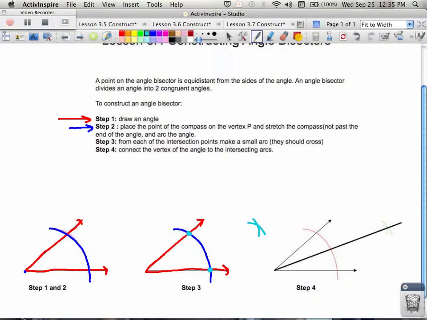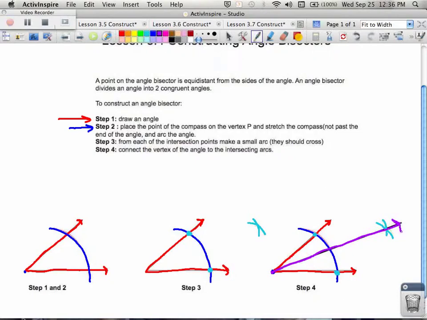Then, in the very last step now, with our angle that was drawn in red and our arc that we made initially from the vertex in dark blue, and the two intersection points that we had in light blue, where our compass was stretched and we made the two arc marks out in space, we connect the vertex of that angle through the intersection of the two arcs you can see in purple here,